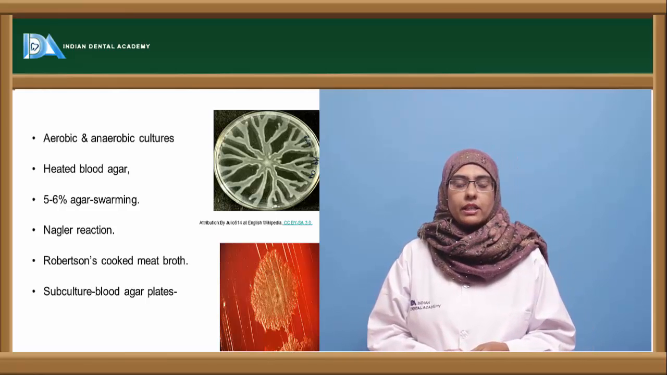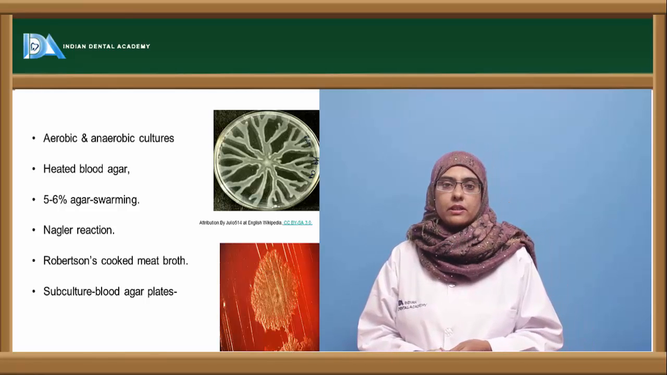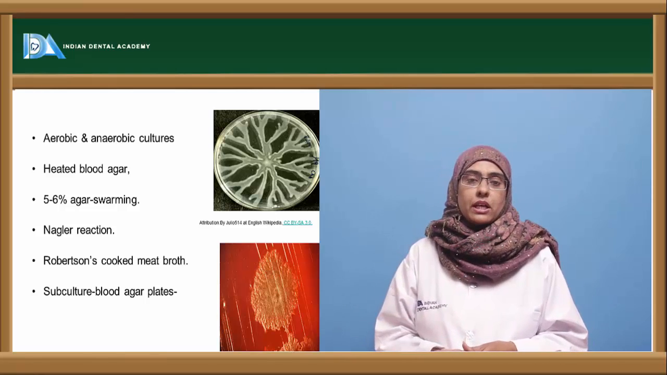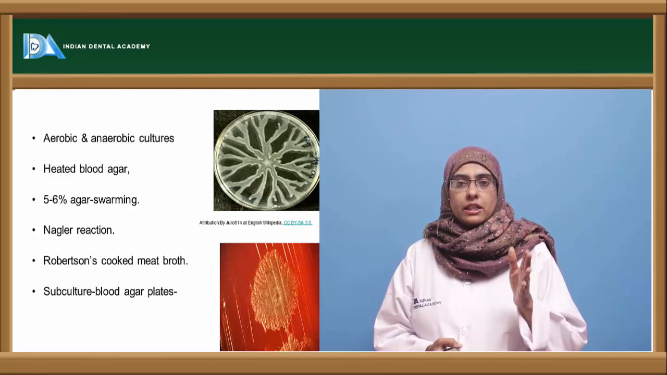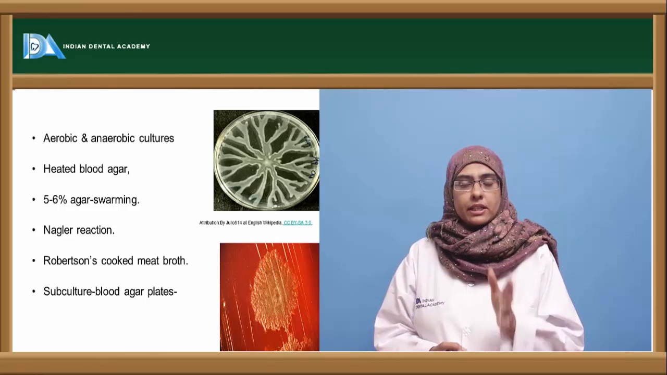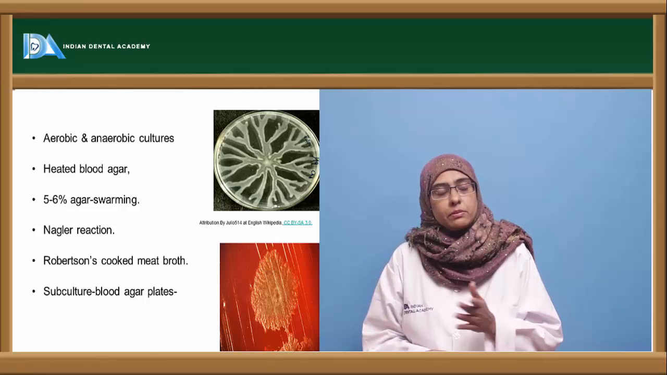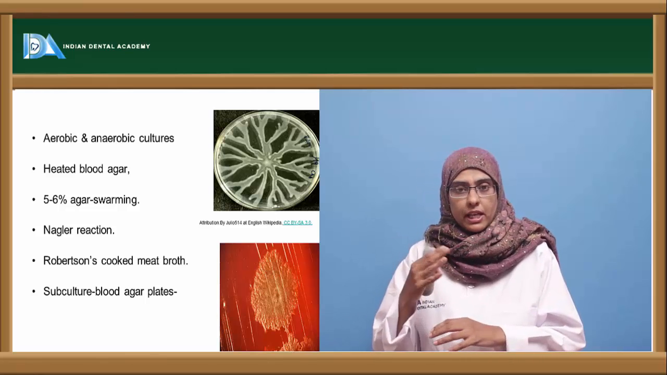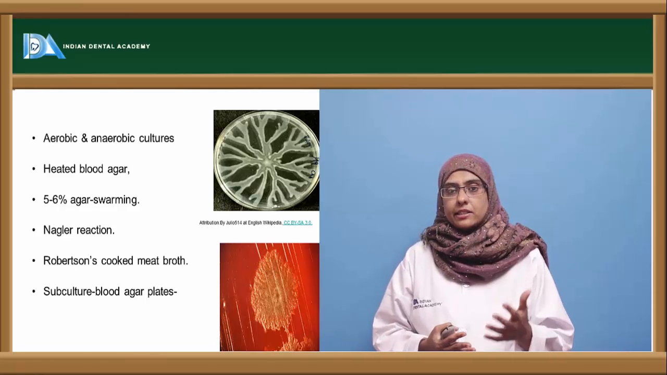Next, you can inoculate the organism on a Robertson's cooked meat broth. Four test tubes are usually used and inoculated with the organism, and each of the test tubes is heated to 100 degrees centigrade. First test tube for 5 minutes, second for 10 minutes, third for 15 minutes, fourth for 20 minutes. So with the help of this, you will be able to identify the organism which produces heat resistant spores